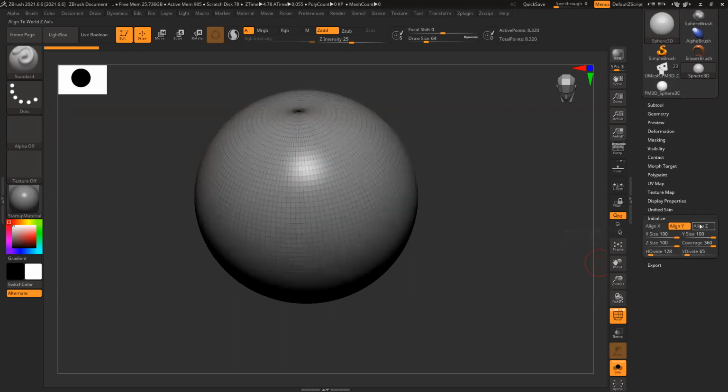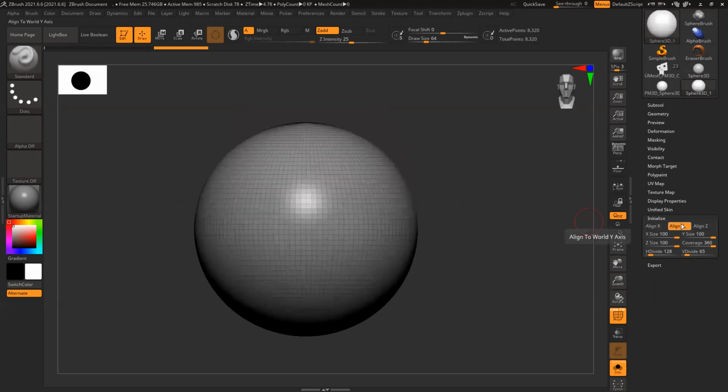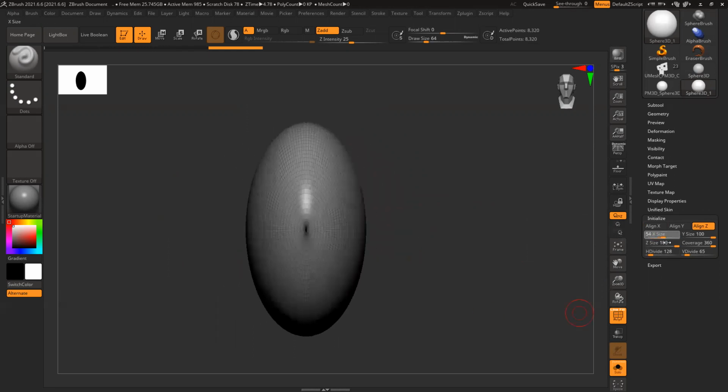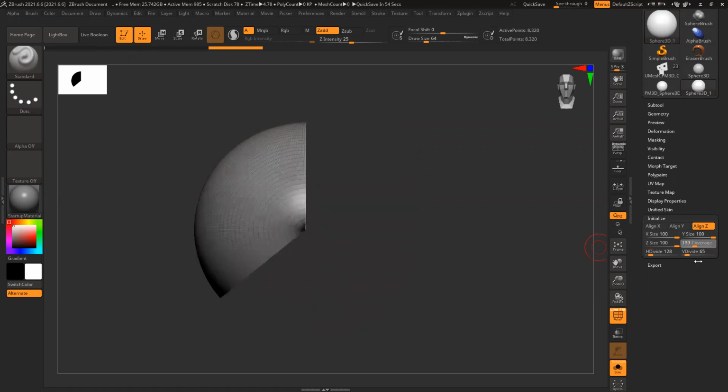You can see we have align X, Y, Z. With X align you can see the direction change instantly, then Y align, Z align. So we can change the alignment. There is scale X, Y, Z, which I can change. Then coverage: a sphere is 360 degrees, and we can reduce that degree but cannot go beyond 360.